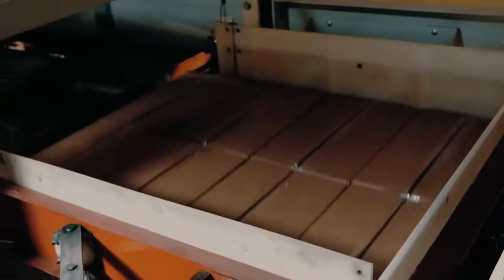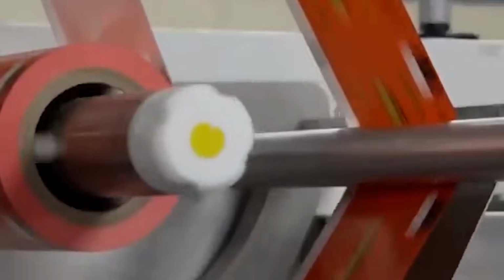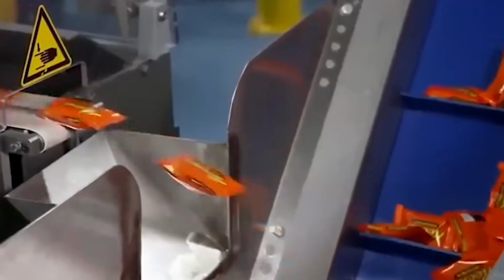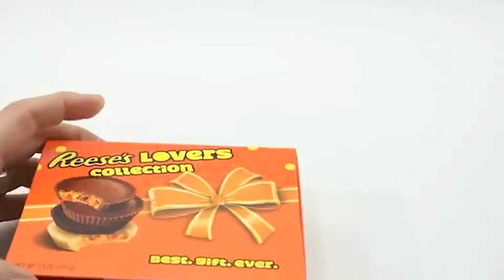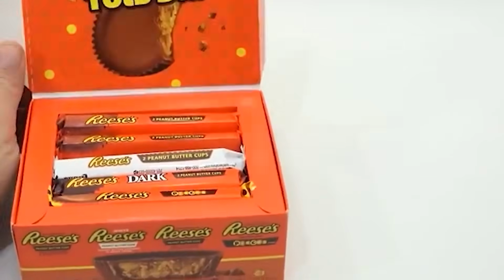Multiple wrapped cups are then grouped into standard pack formats, such as 2-packs, king size, or multi-packs, using pick-and-place robots that transfer the wrapped candies into cardboard sleeves or blister packs. These are then loaded into shipping cartons by automated case packers and sent through weight check stations and metal detectors for final safety assurance. Cartons are sealed, barcoded, and palletized using robotic palletizers that arrange the boxes into stable stacks